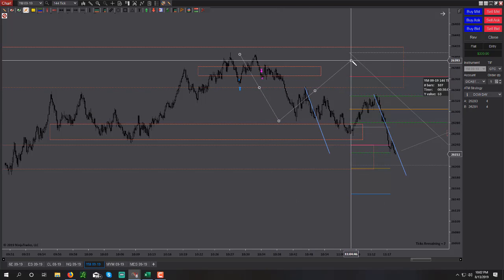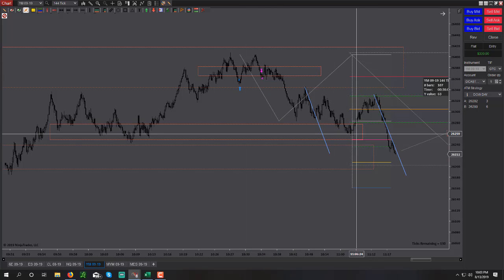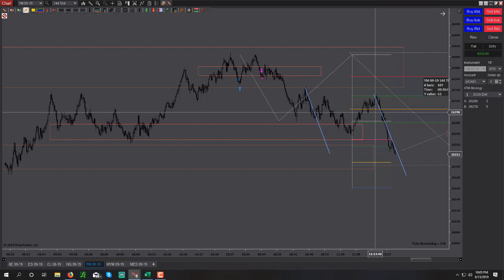At the very least, what would we be expecting, right? We have a decompletion, a pattern completion. We're expecting an overall pretty deep correction, because the market overall is bullish. And we have a pattern that completes, which means the correction is likely to get deeper as there is larger